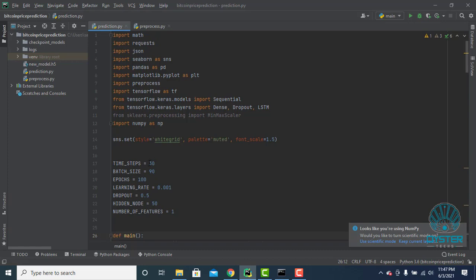For example, we are using a batch size of 19, and the epochs and learning rate. We gained these values experimentally, tried many different values, and finally got values which are quite satisfying. So it is really important to focus on these two things.